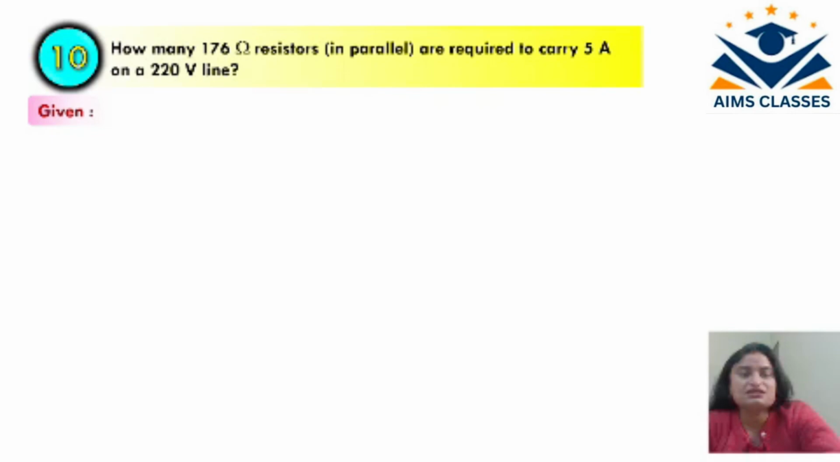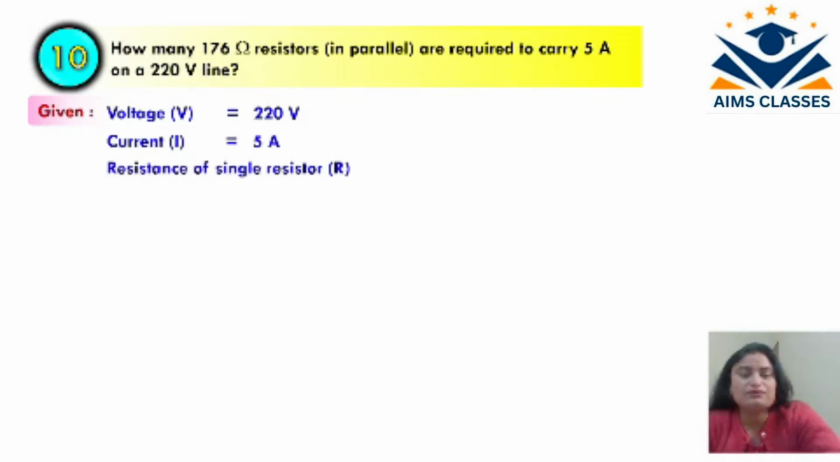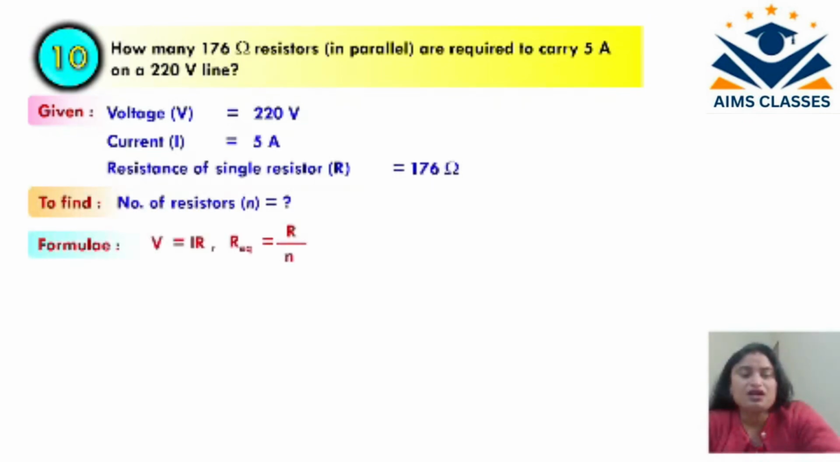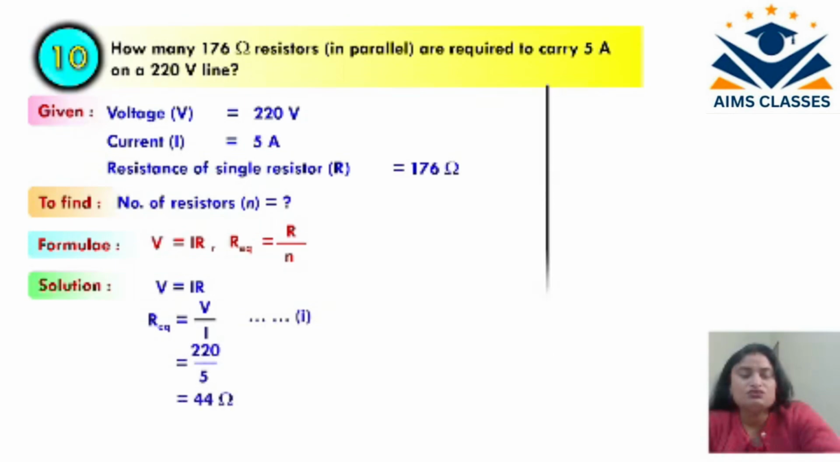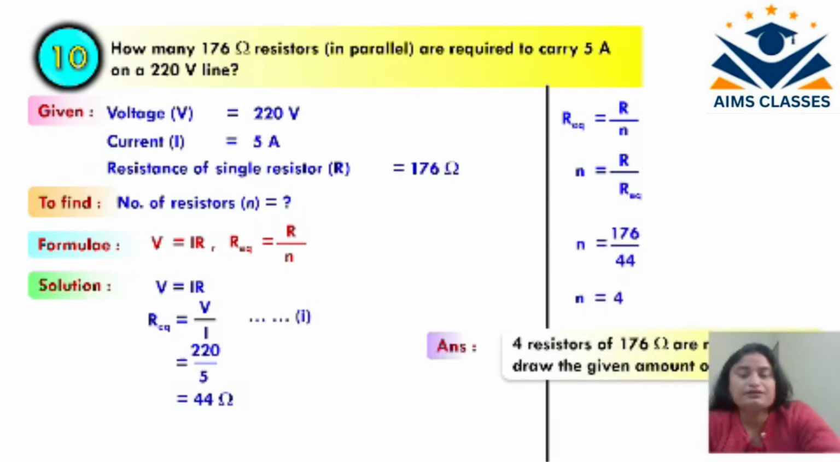176 ohm resistances are required to carry 5 ampere on a 220 volt line? So here 220 volt, 5 ampere and resistance. So first of all remember the formula R equivalent equal to R by n. So first of all find R equivalent. So here R equivalent equal to V by I. So 44 ohm and R is given. So R by R equivalent equal to 4, the number of resistances required